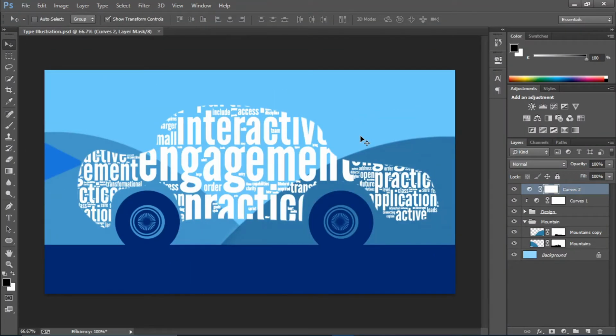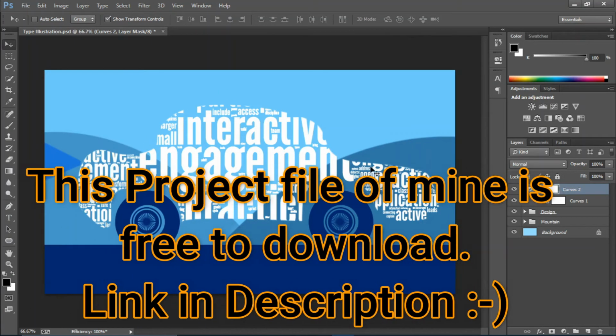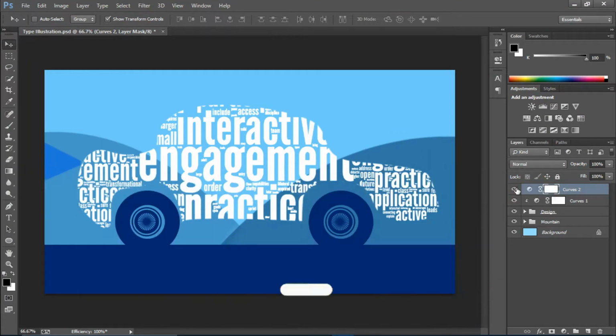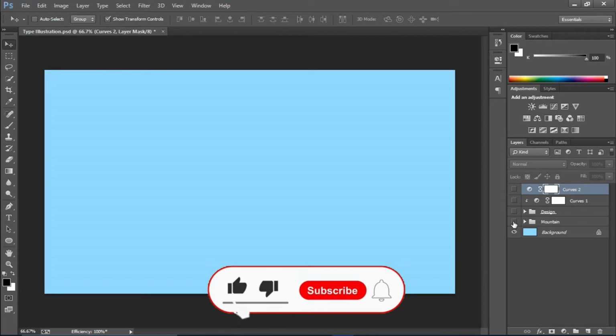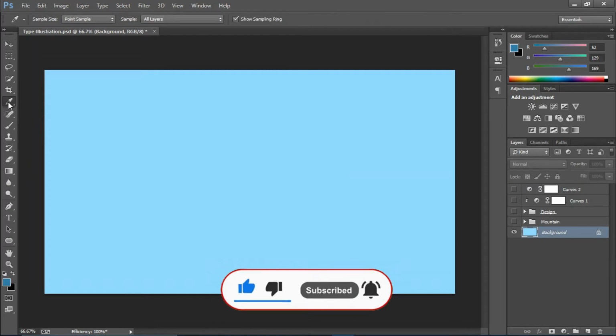Okay, so I have a pretty simple flat design right here. Nothing too special. So I'm gonna show you how to create this kind of an outline text typography in Photoshop. So first of all, I'm just gonna create a new background. So this is the background layer. I've selected this kind of a color. I will just show you the